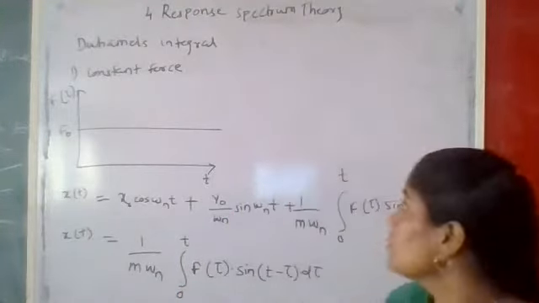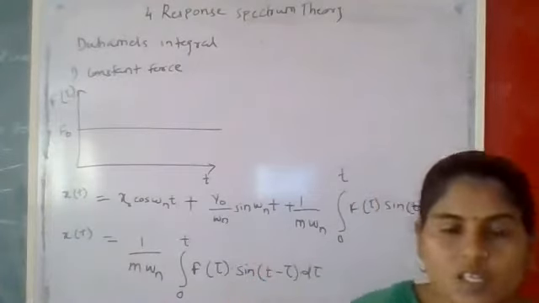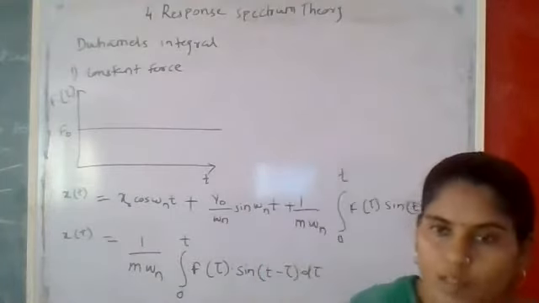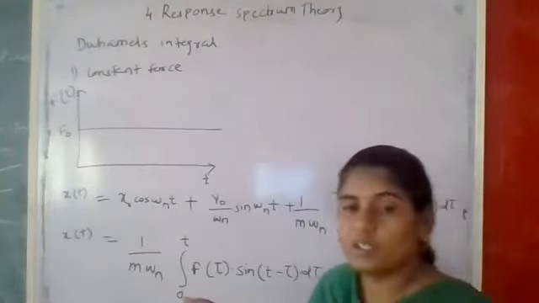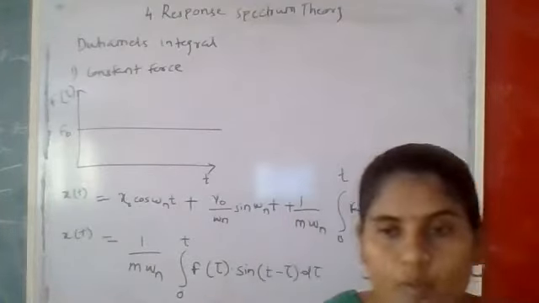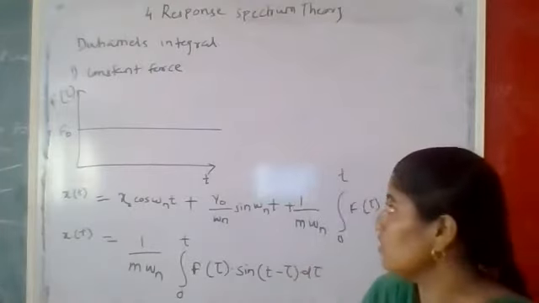And what is meant by the spectrum? The spectrum is a graph which shows the velocity, displacement and acceleration with respect to time, during the behavior of the structure under a general dynamic loading. That is nothing but a spectrum. We'll see the different types of spectrum, these graphs, in the next lecture.